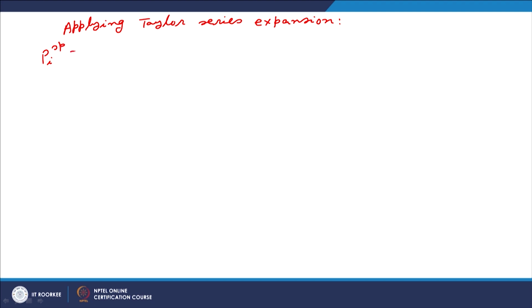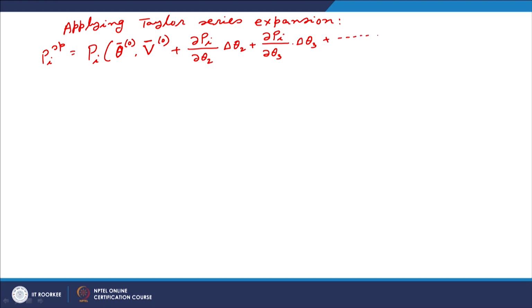Pi specified is equal to Pi at theta naught, v naught, plus del Pi by del theta 2 into delta theta 2, plus del Pi by del theta 3 into delta theta 3, and so on up to del Pi by del theta n into delta theta n, plus del Pi by del Vm plus 1